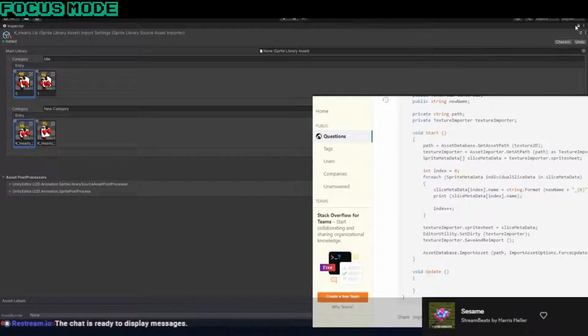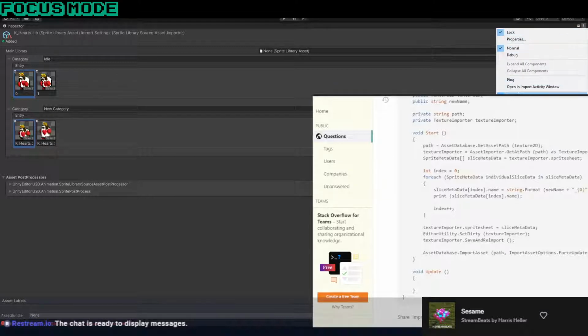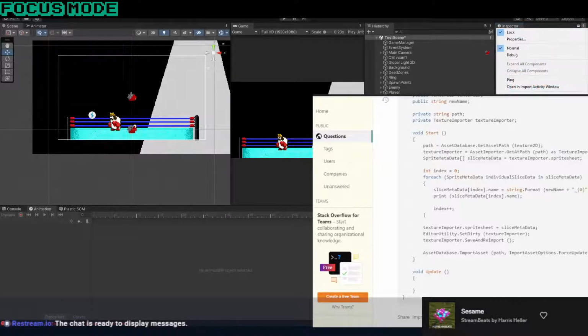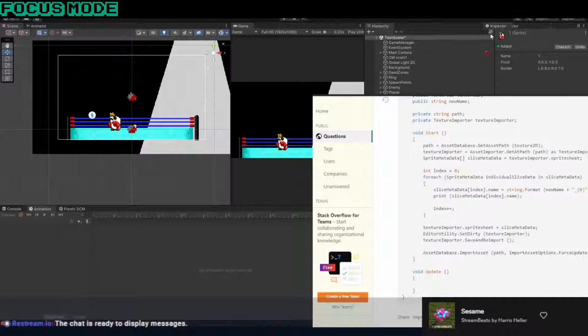What have we done? Not maximize. New tab, is there an option for that? Add tab, inspector. Here we go, right. Let's put that on there. Right, so this will show us what sprite we've got. So this is our wind up. We can take those off and put 2 in there. We're going to have another category,